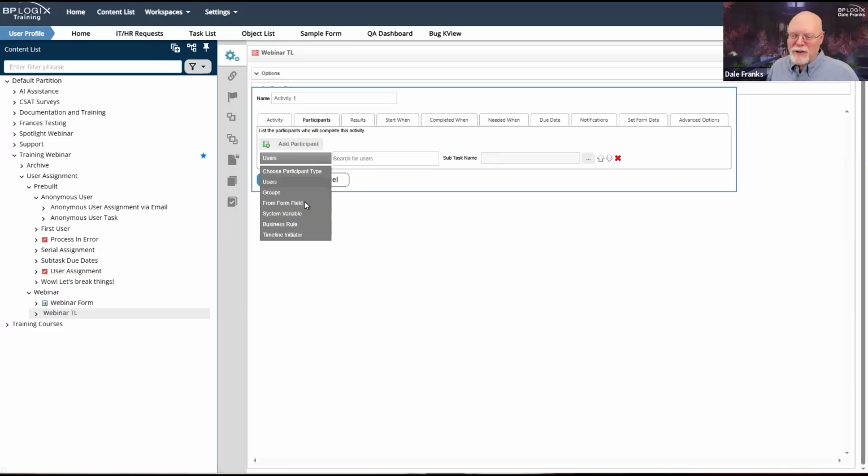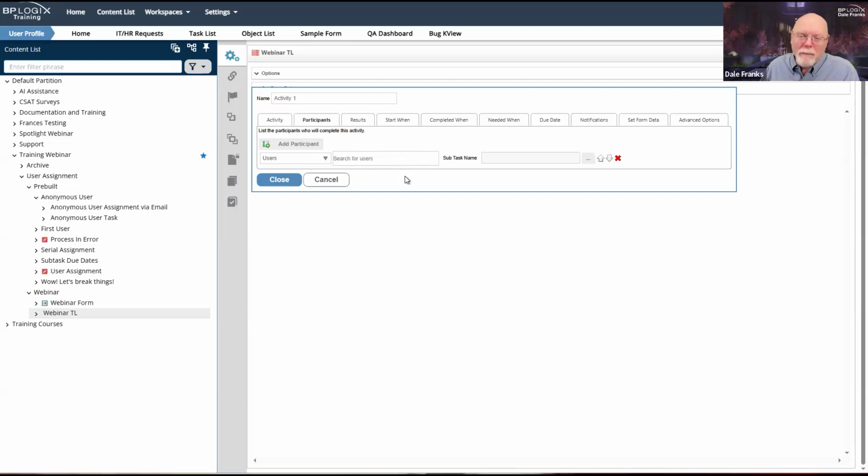So let's go back to this troublesome user assignment thing. Don't assign via user. That is BP Logix's official recommendation. It's going to be more trouble than it's worth in the long term, especially if you're in a large organization. Large organizations tend to have higher turnover, and most of the users of Process Director are fairly large organizations. Trying to manage things at the user level is tough because people do move around, and you're constantly going to have to be going back in and making changes to these activities.